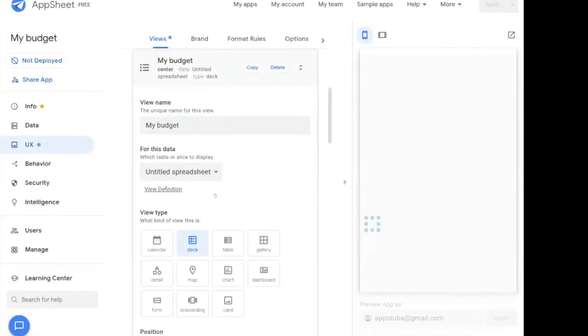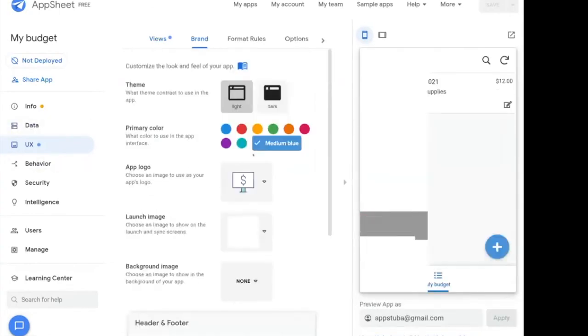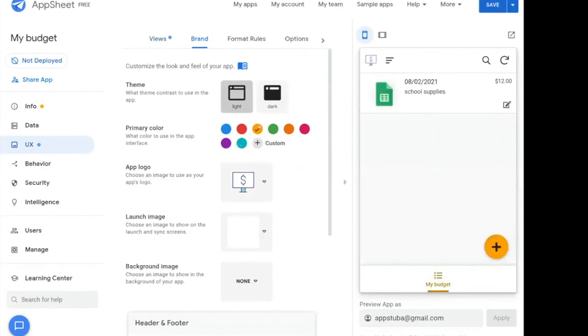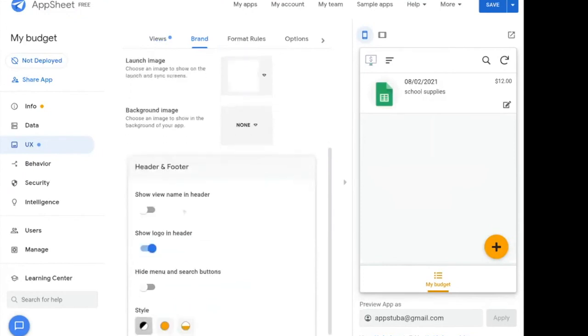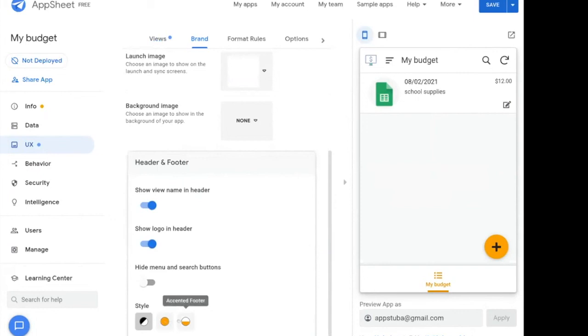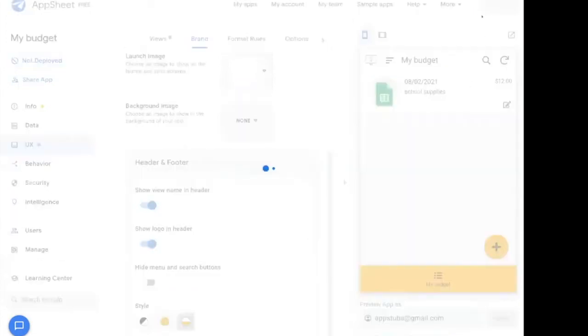And then I would like to do a bit of coloring as well. Let's do it like that, or orange this time. Okay. And it is light. Light is good. Light scheme. That's fine. And show the name, my budget. And style could be like this or this. Let's do it like that. Okay, I played with the style. I am happy with it.